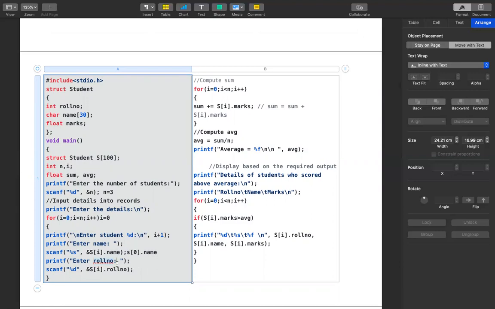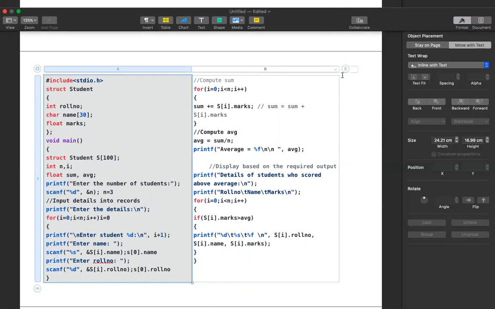Similarly, we are asking the user to enter the roll number. So what do we need to enter? We need to enter the roll number in a variable called roll number. And what is its type? It is integer. So we are using %d, and we are asking the user to enter the roll number. You can see where that roll number is stored; again, that roll number can be accessed only by s, and this is the roll number of which student? The 0th index student. So it should be stored in s of 0 dot roll number.